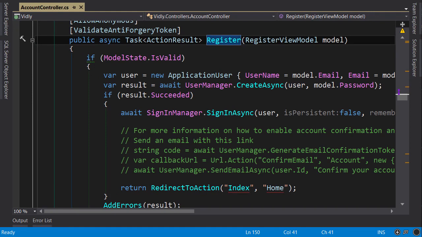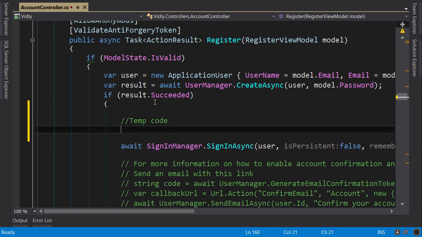We're going to modify the logic of this action and assign any new users to the Store Manager role. Now, you may get freaked out and say, Mosh, but this is too risky. I know. Just bear with me. We're going to remove this code in a second. I just want to populate our database with a user in the Store Manager role. So here, if we successfully create a user,